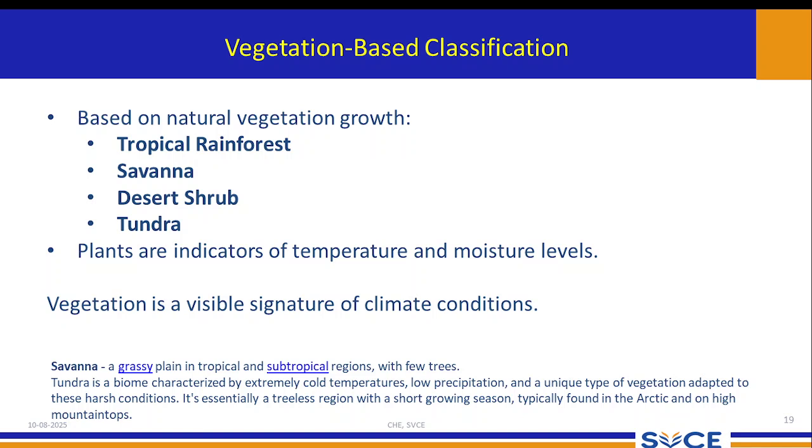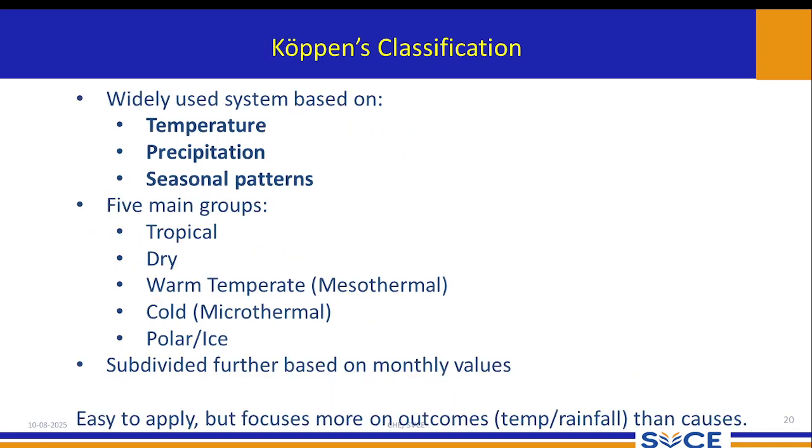Otherwise, even if you have more water or sunlight, the rose will not grow. The rose will not be cultivated. You could not cultivate the rose in a subtropical region; it would need a special greenhouse-type station only. The tropical region is the plain region. Vegetation is a visible signature of the climate condition.